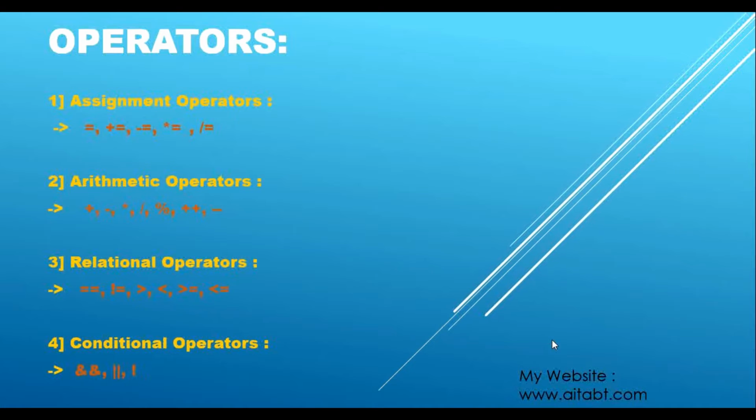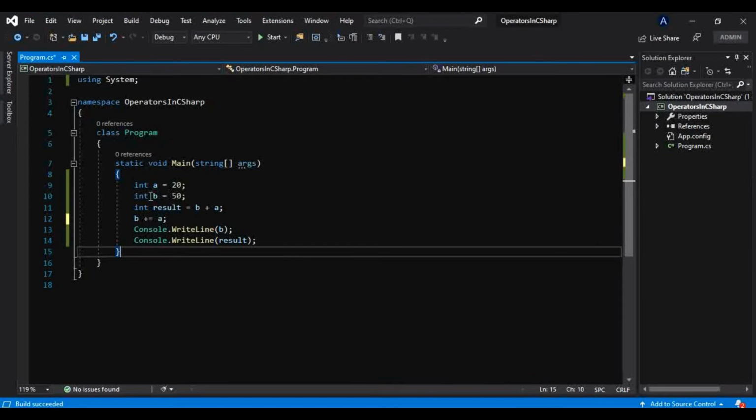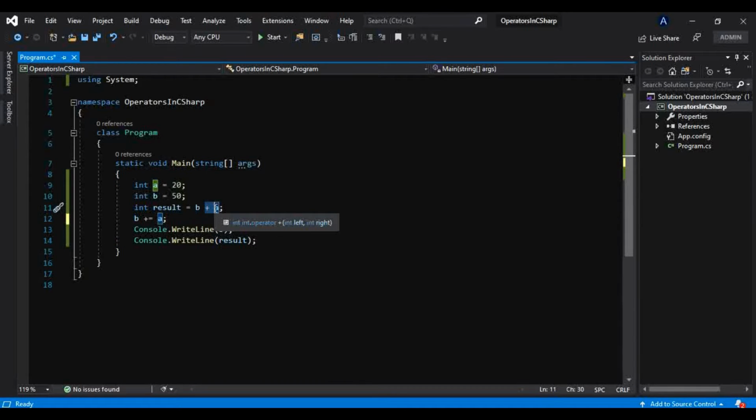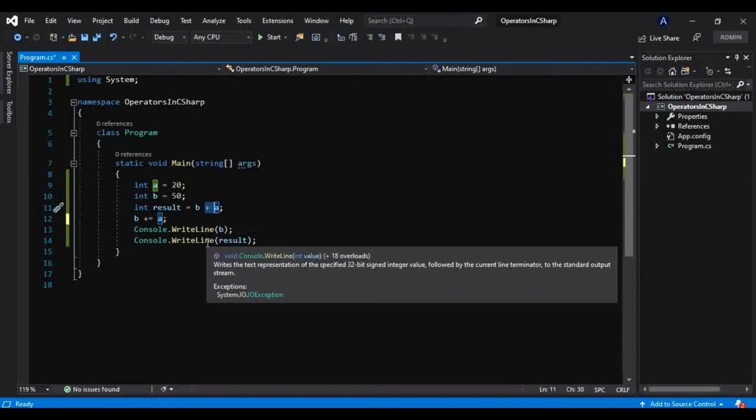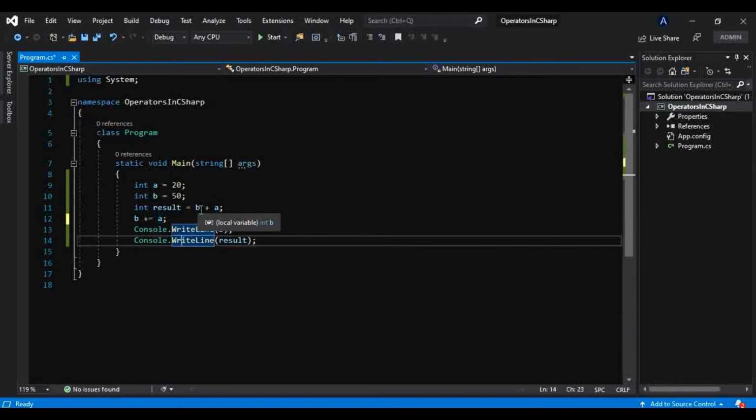Again the same example we can use. We have arithmetic operators like plus, minus, multiplication, divide, modulus. I will show you what modulus does, so don't worry about that. Basically modulus is also called the percentage sign, the percentage operator. I will show you that, but let me show you one example of divide first.